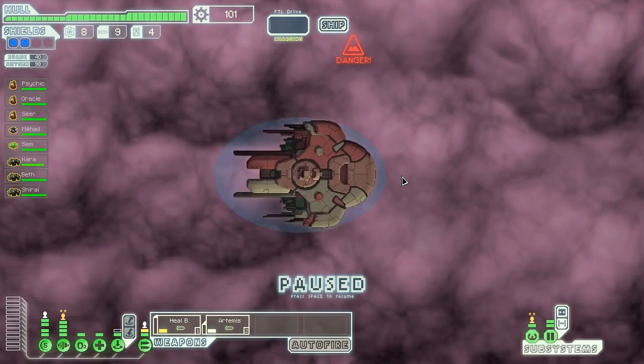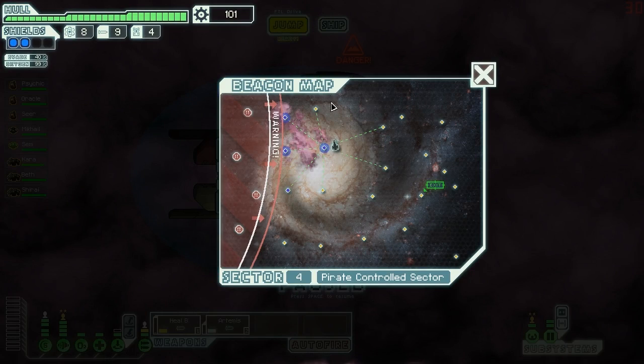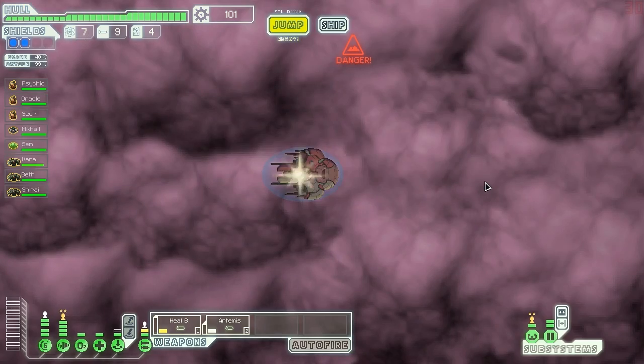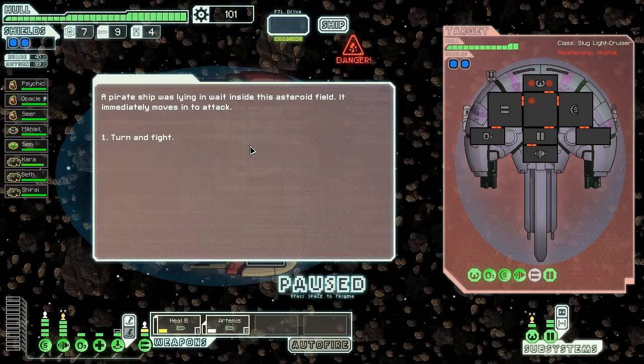What's in this nebula? We feel naked without functioning sensors. We half expect a rebel ship to appear from behind a cloud at any moment, but none come. Okay, nothing there. Keep going, we gotta find some here. And we found an asteroid field. It's less than ideal. A pirate ship was lying in wait inside the asteroid field, and it moves in immediately